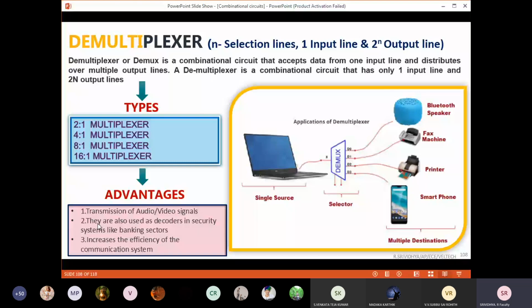Okay, after all the 4 topics, decoder, encoder, all the 4 topics is over, I will give you a case study. And then transmission of audio and video signals. That only I have shown you all in this example itself. Audio and video signals. For example, in mobile phone, you all imagine it as a video signal. And for this Bluetooth speaker, you all imagine it as an audio signal.